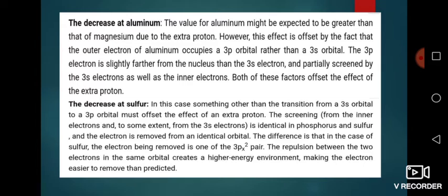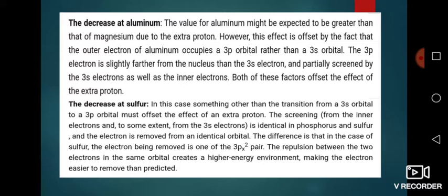When we write the electronic configuration of phosphorus and sulfur, in the case of phosphorus, all the p electrons are unpaired, while in the case of sulfur, 2 of the p electrons are unpaired, but 1 of the 3 px electrons is paired. So the paired electrons will repel each other, and it is easier to remove an electron from the paired electrons as compared to the unpaired electrons.